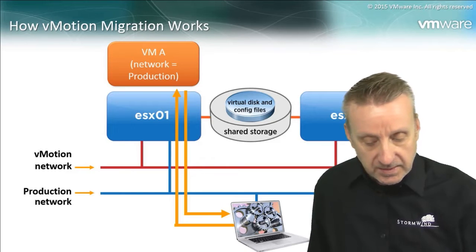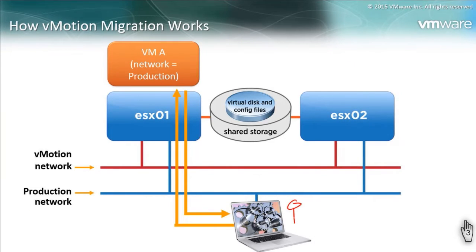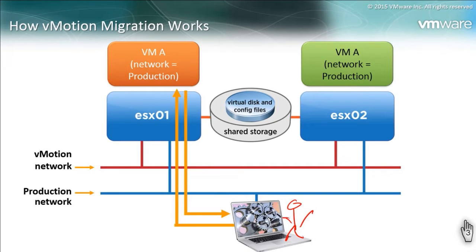All right, so in this diagram, this is Bob. Bob is accessing VMA that's running on ESXi01. And for whatever reason, we decide we want to migrate it over to ESXi02. So I right-click on that VM and say migrate, and I say I want to put it over on ESXi02. What ends up happening? The very first thing that happens is on the destination host, in this case ESXi02, we